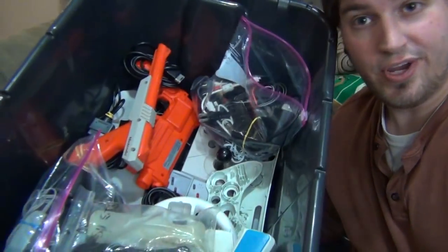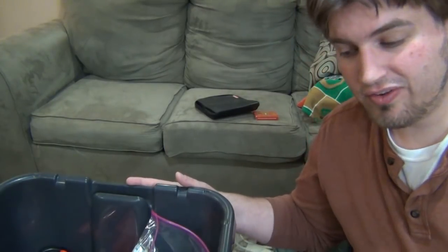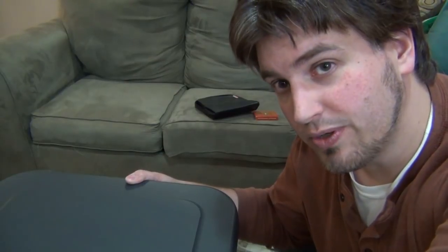All right, that's essentially it. So here you go, all this stuff fits nice and neat. I do have more room in case I wanted to buy more light gun adapters. So that's gonna do it for this. Now I may or may not add some things to it, because I'm gonna show you something next